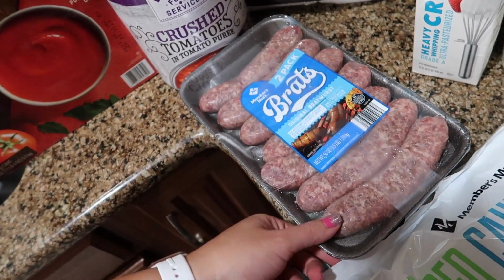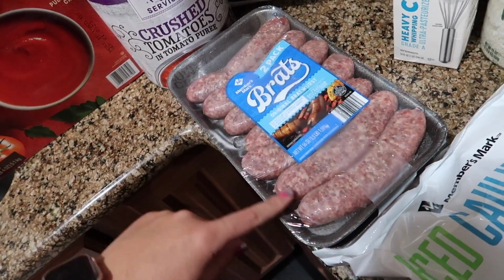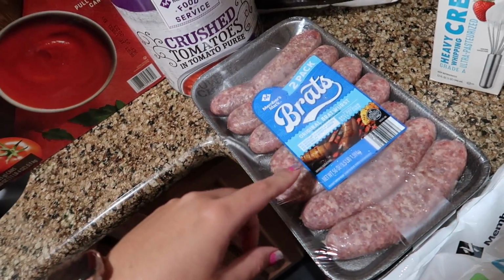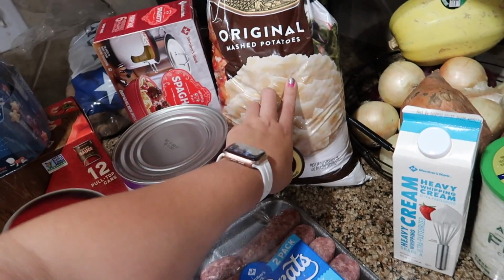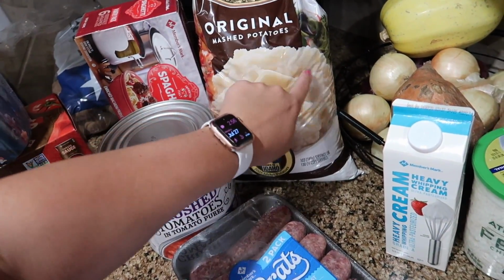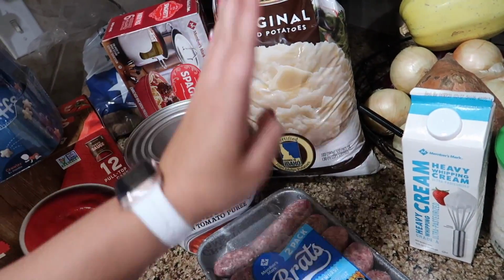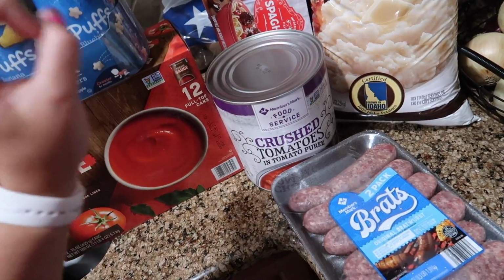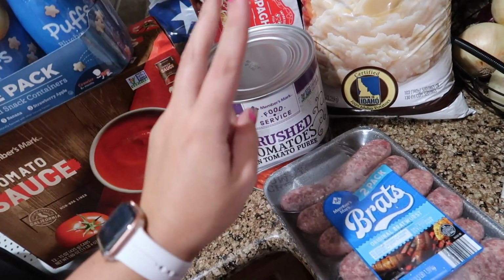These were a great deal for a 2-pack, which is awesome. So you get 14 of them, and it was $7. Totally a great deal. Again, for the pantry shelf, some just original mashed potatoes. This was $5 for this big bag. Crazy deal. And then I'm going to make my 0 Point homemade